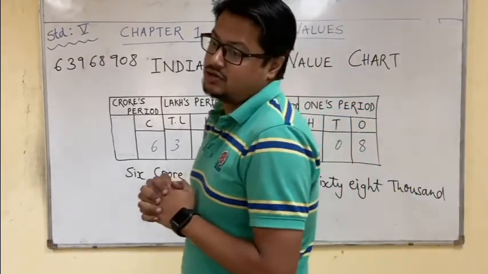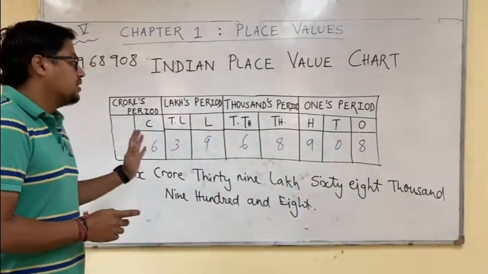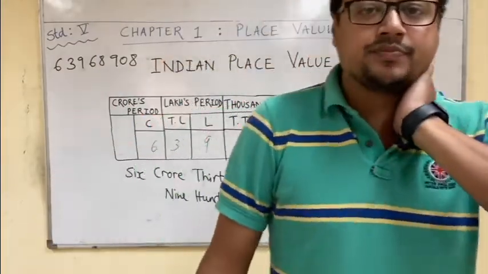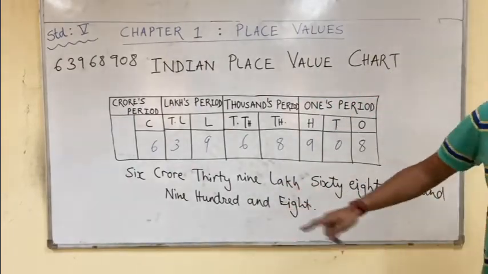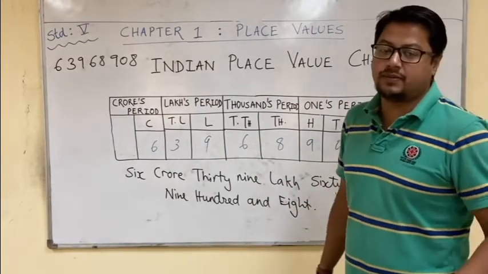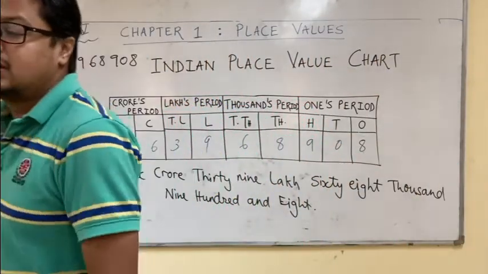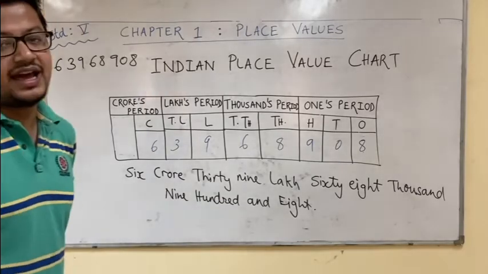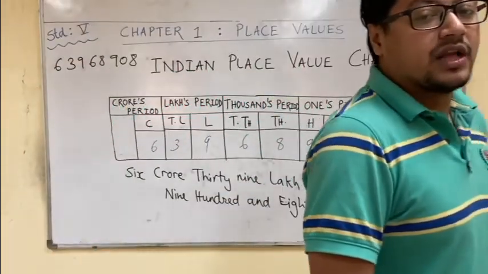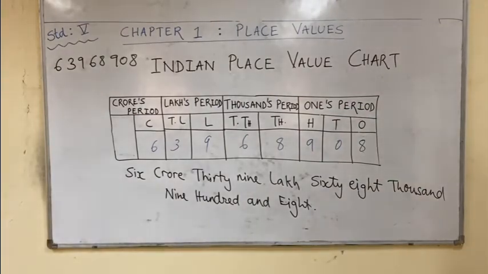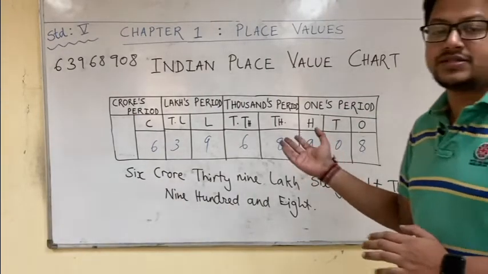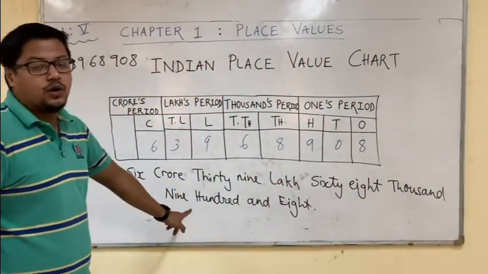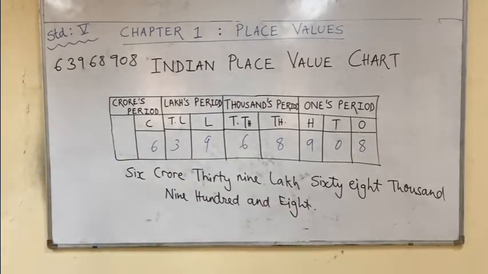So students, this video was dedicated for making you understand Indian place value chart. Okay. Indian place value system that is based for 5th standard. I hope you have understood the chart. I again repeat, there are 4 periods. Ones period, thousands period, then lakhs period, crores period. Ones period has 3 places, ones, tens, hundreds. Thousands period has 2 places, thousands, 10,000s. Lakhs period has 2 places, lakhs, 10 lakhs. Crores period has 2 places, that is crores and 10 crores. And sir has given you example with representation of number in Indian place value chart, as well as sir has taught you how to write the number name. Okay, I hope you have understood.